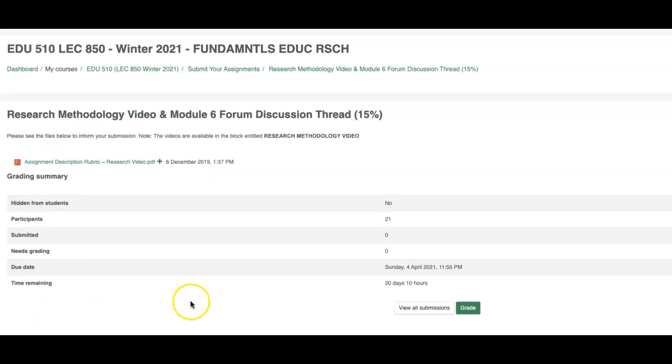When you click that, the way in which you would submit your assignment, you'll also find above the submission section of the eClass section will be the assignment description rubric, and it's usually a PDF that looks something like this. So when you open it up,